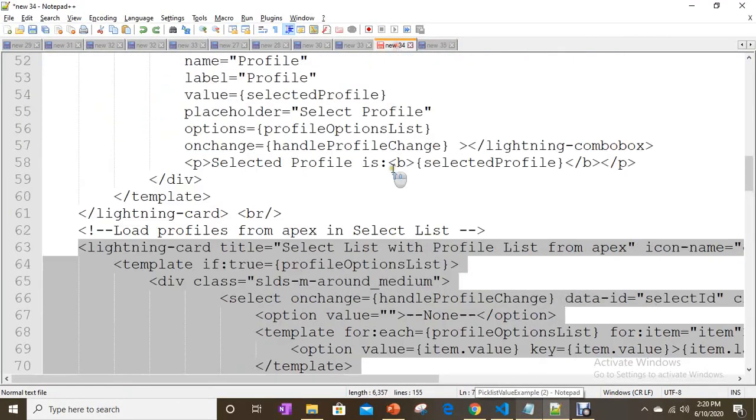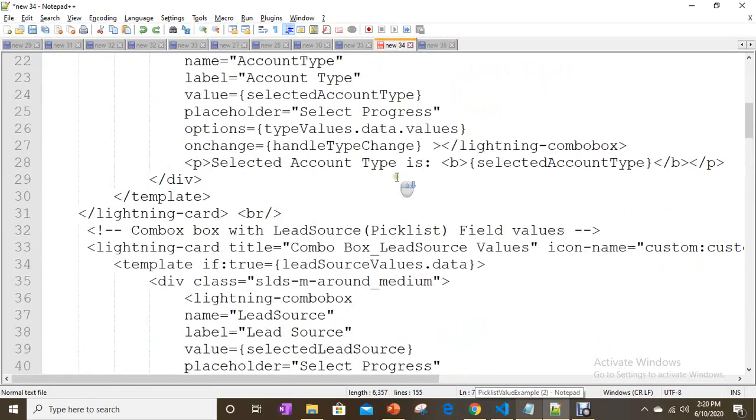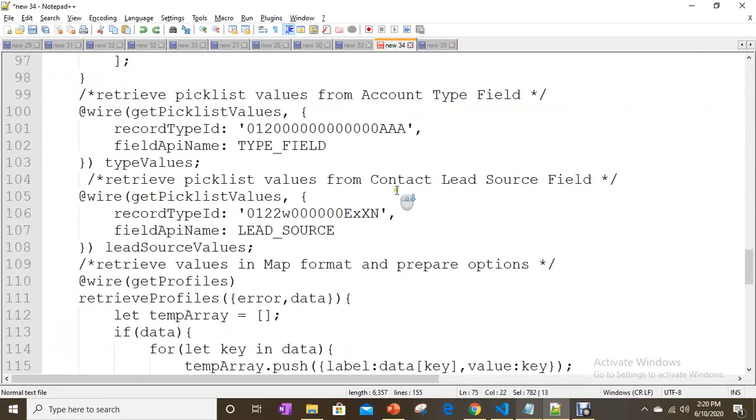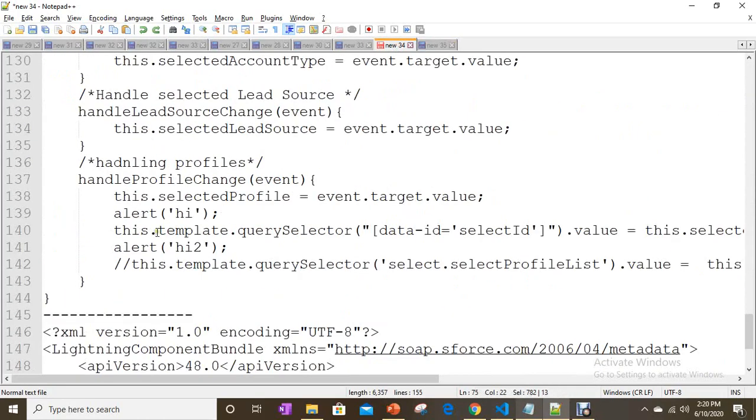Simply, as I told you already, just need to use query selector. If you observe here, this dot template, this is called document dot query selector. You have to use query selectors instead of getElementById methods here. This query selector.